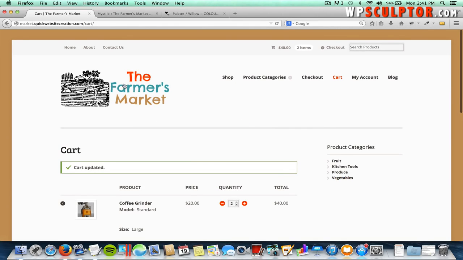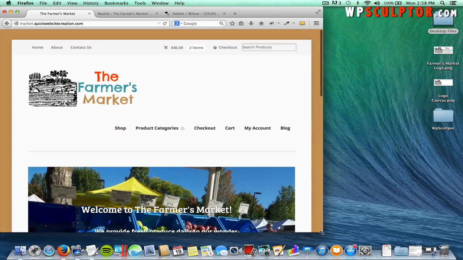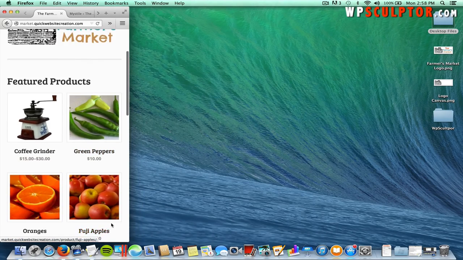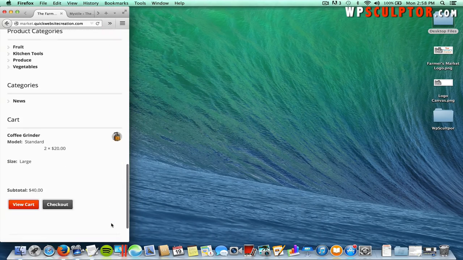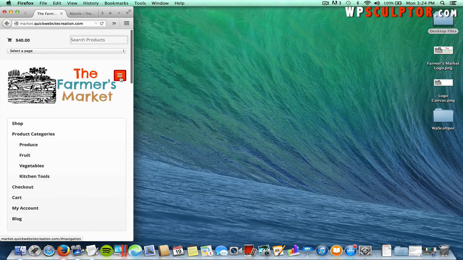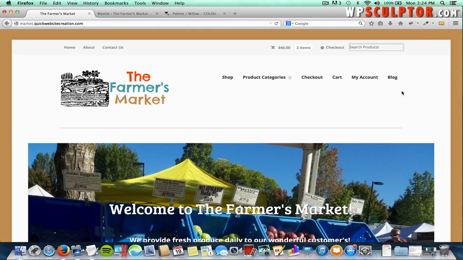And then of course, let's go back to our home page. I do want to show you that the MyStyle theme and WooCommerce plugin are mobile friendly. So if I resize my window, you can see that it resizes nicely as it would on a mobile device. And you have this nice mobile menu that'll function like that, and your top navigation menu would function like this. And if we make this back to normal size,